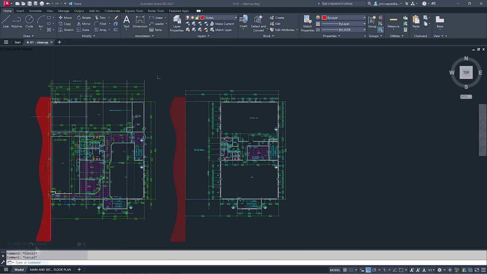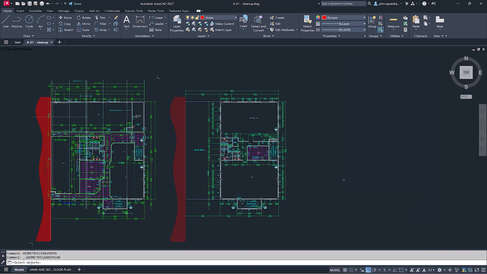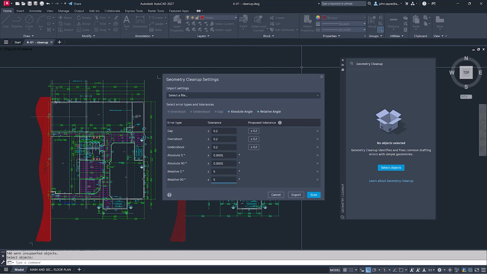Geometry Cleanup is designed to automatically identify and address common geometry errors within DWG files. Issues like gaps, overshoots, undershoots, and misaligned angles that can quietly accumulate during the drafting process. These small inconsistencies may seem minor, but over time they can impact drawing accuracy, create complications in editing, and cause